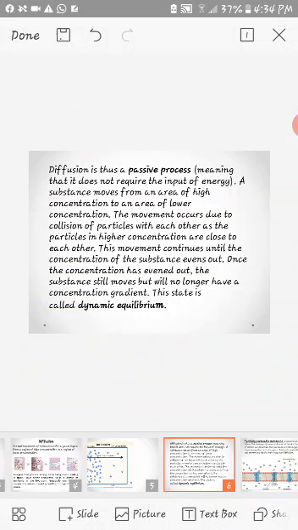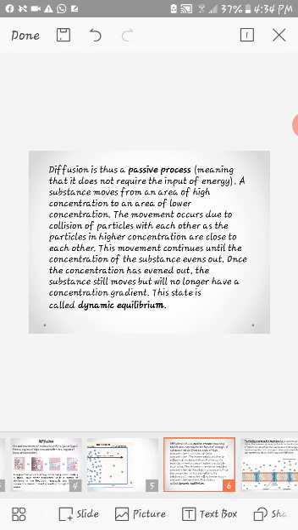We do not require to provide any input of energy. All right, we do not need to give any energy to it to let it spread. It will spread on its own by the collision of the particles, right? So it is a passive process, and it will keep on diffusing until there is no concentration gradient left, and until it has evenly spread throughout the room or throughout a place.